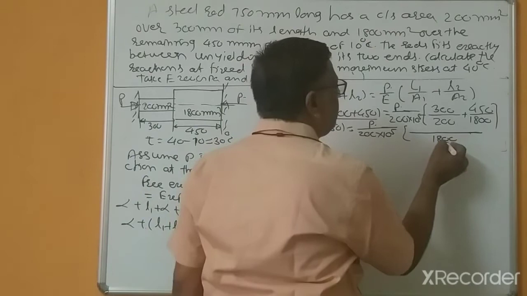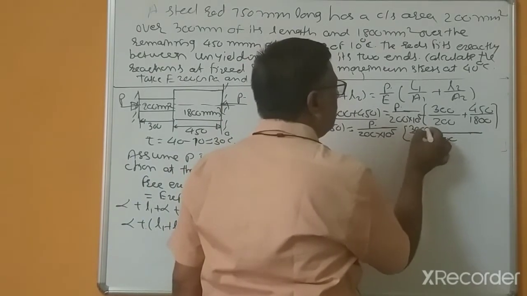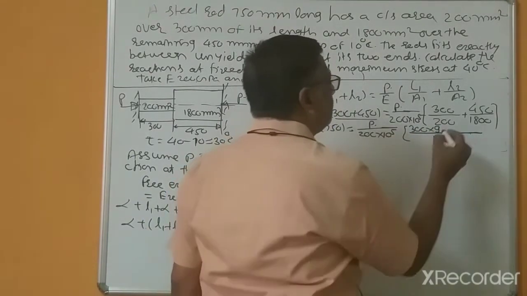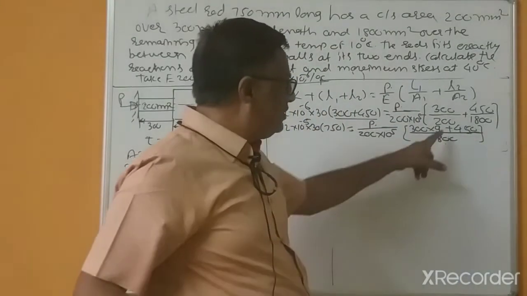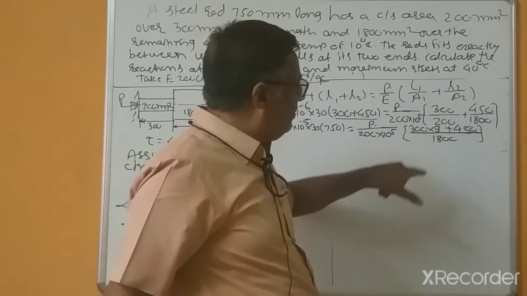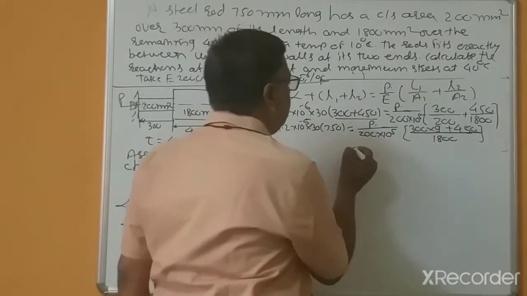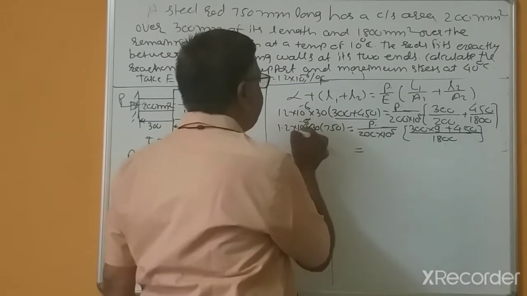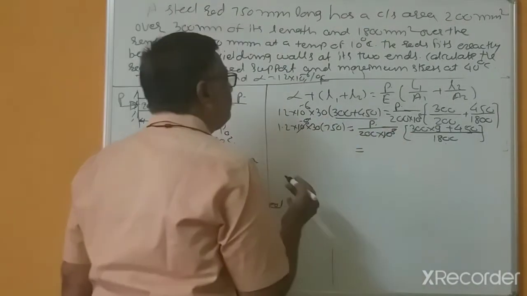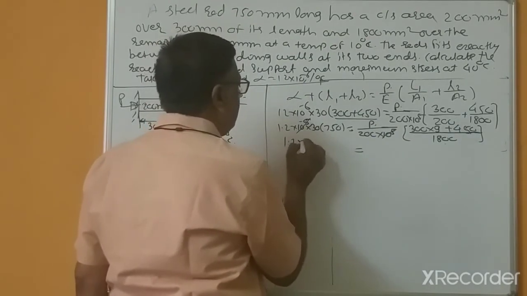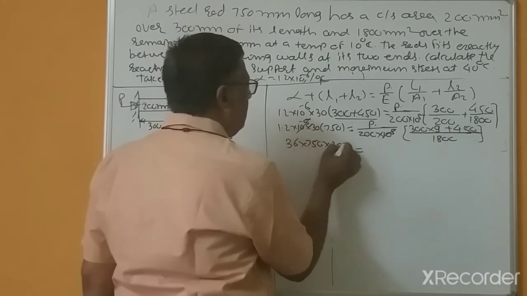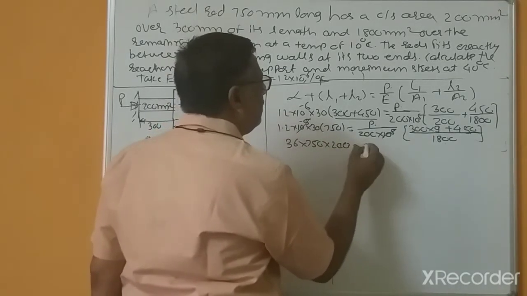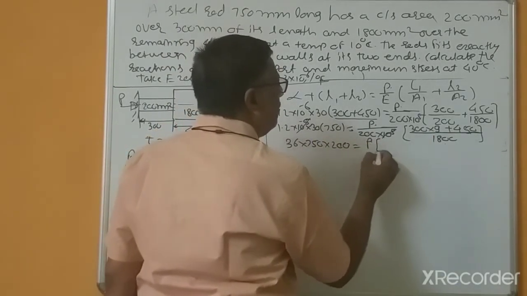So this is 9 plus this is 450, by taking LCM. So this is 9 multiplied by 9. So this will get cancelled, and this is 1.2 into 30, or this is 36 multiplied by 750 multiplied by 200 equal to P in brackets